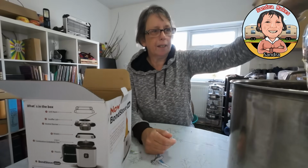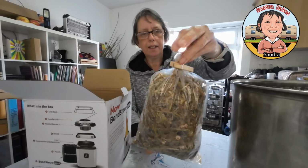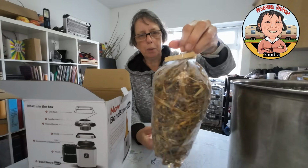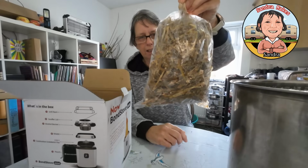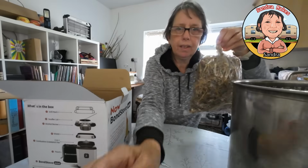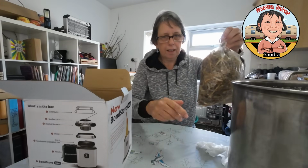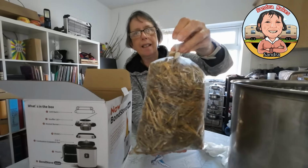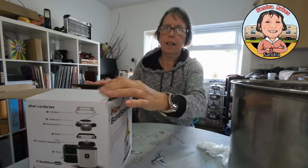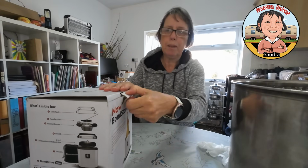So there we go, and then you seal the top of the bag to keep the moisture in, like so. So it's like layers and layers of straw, mushroom spawn. It's a little bit drippy. Anyway, it'll be all right. It's just from the soaked straw. Anyway, so that's it, and then we pop it in the box, and then close the box, and then it needs to be apparently about